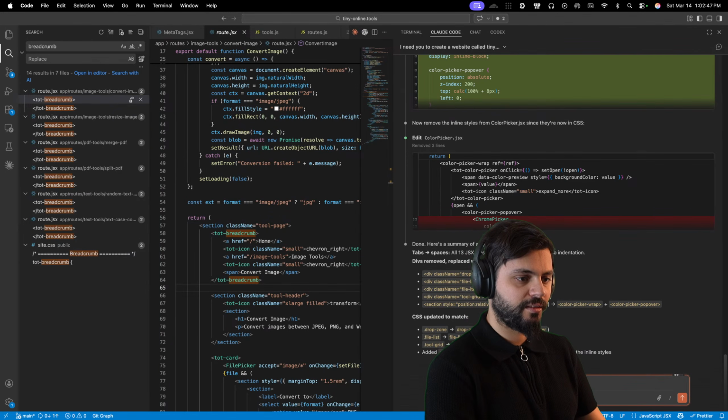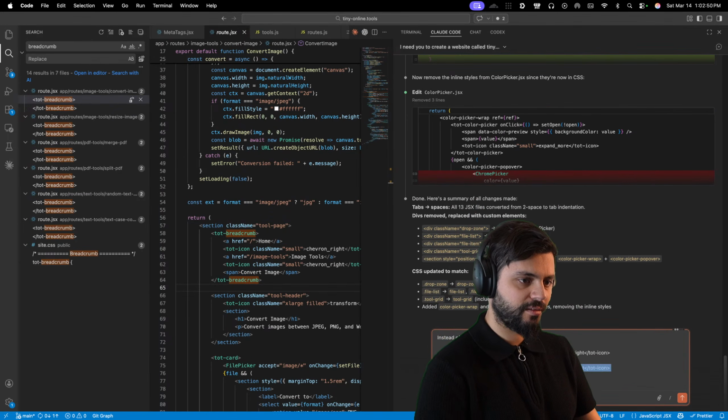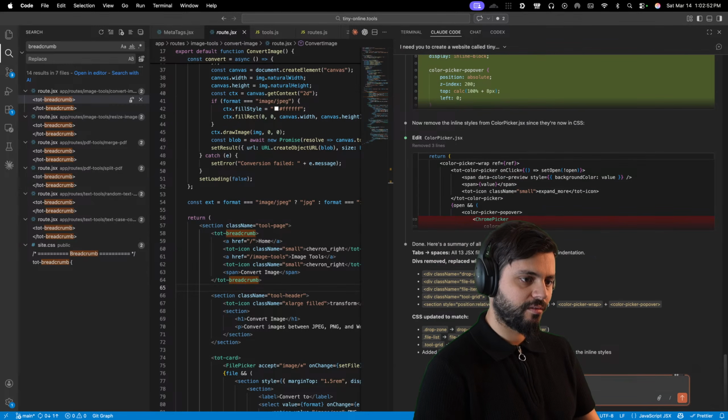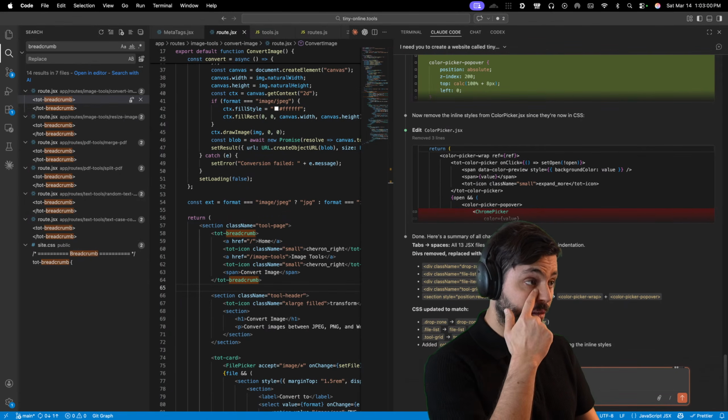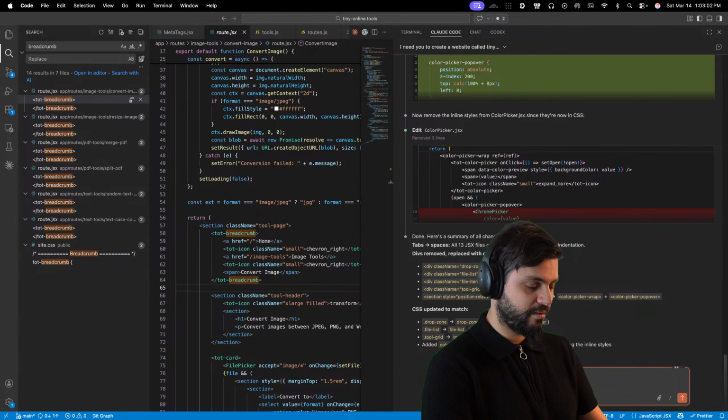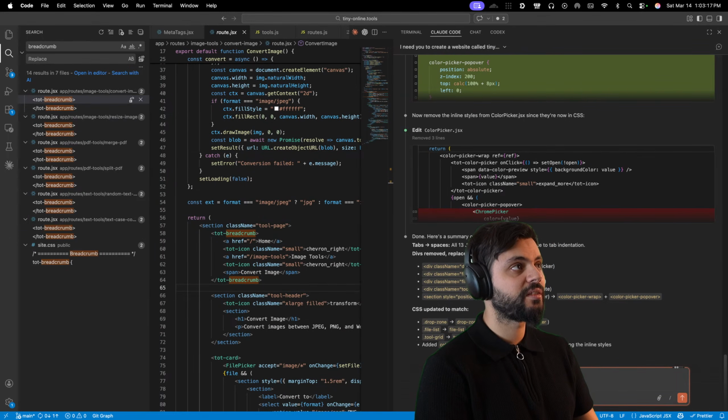Instead of defining a breadcrumb for each tool, for each route, define a breadcrumb component that takes, and it's going to take maybe nav